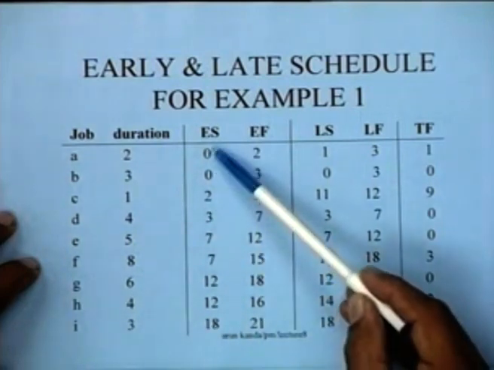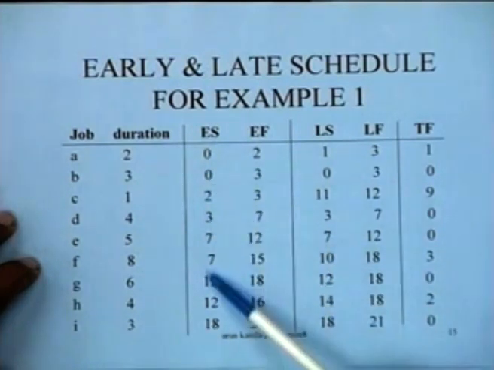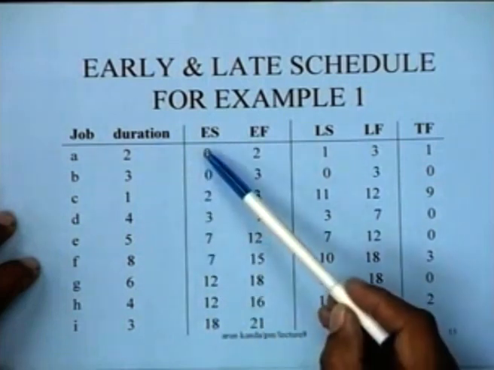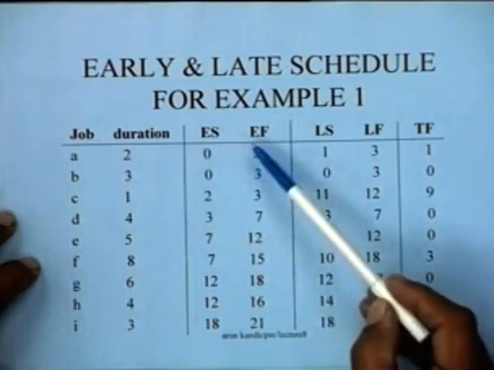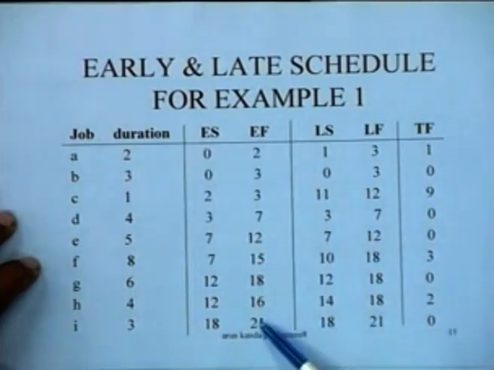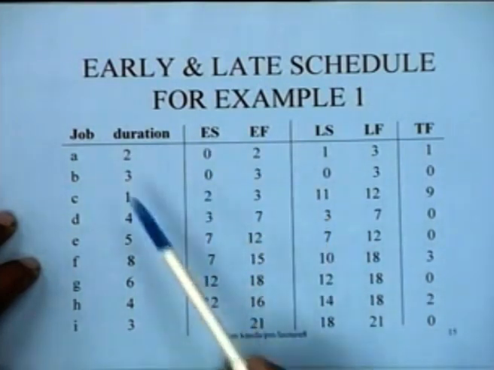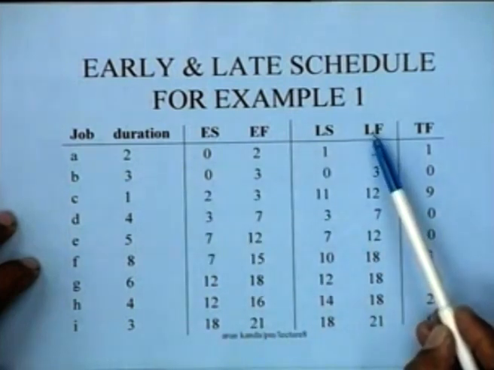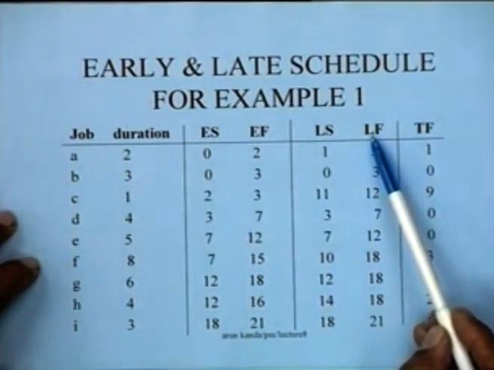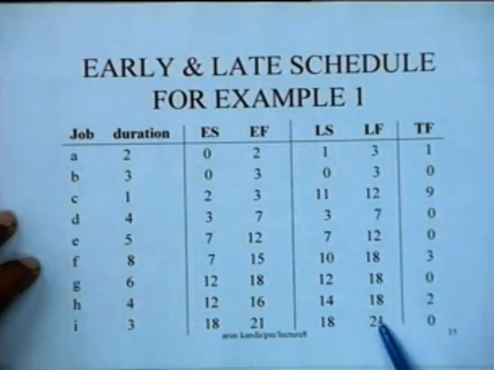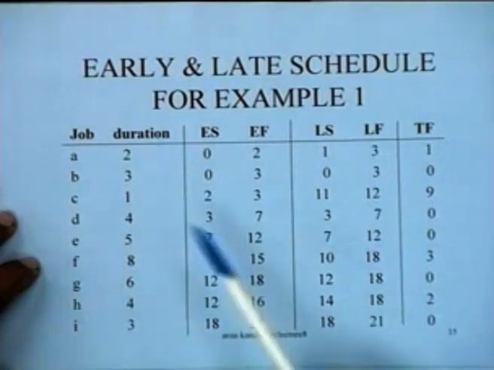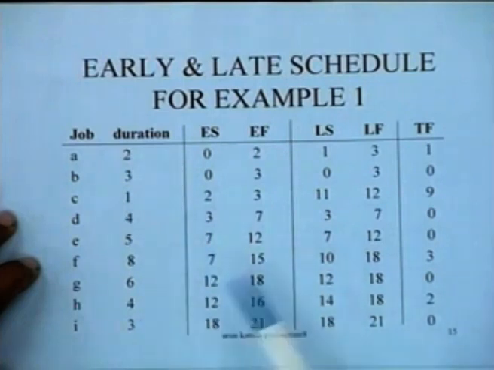We can identify the early start of the activity, and from the early start of the activity we can add this duration to obtain the early finish of the activity. And similarly the latest finish of the activity is obtained from the node occurrence time of the terminal node, and this is the late finish of each of these activities, and by subtracting these durations from here